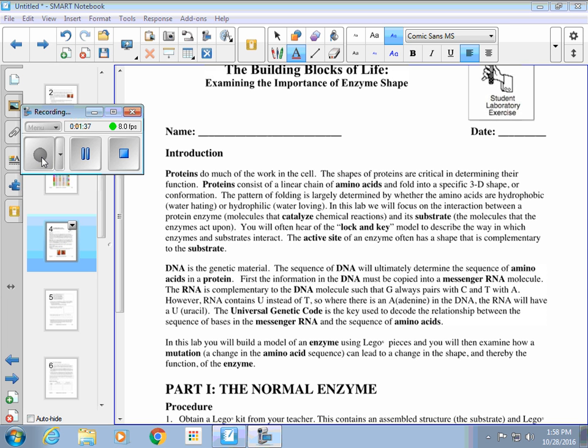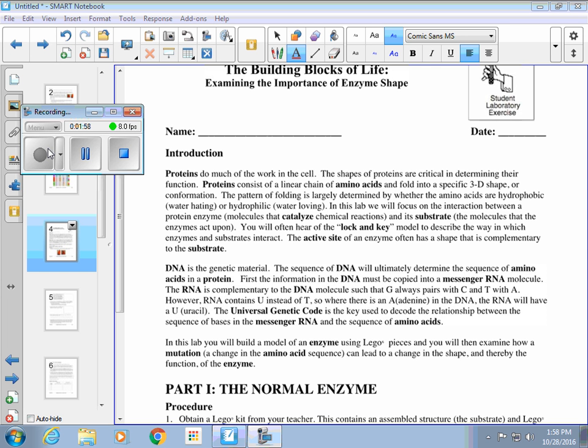in the lab today, or in the activity, you're going to be using Legos. Legos will be your substrate. Legos will also be your enzyme. Once you have your blue tray, on the tray will be a bunch of materials. You'll be using everything on the tray. You will have